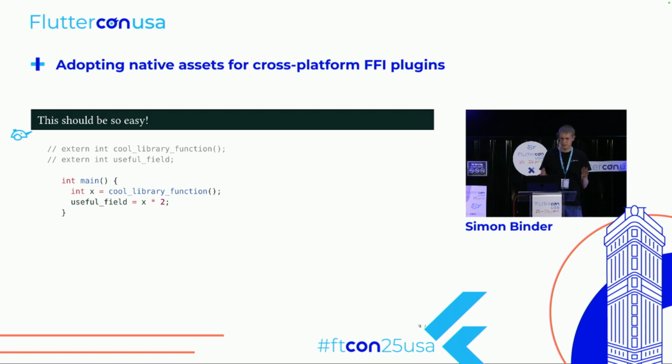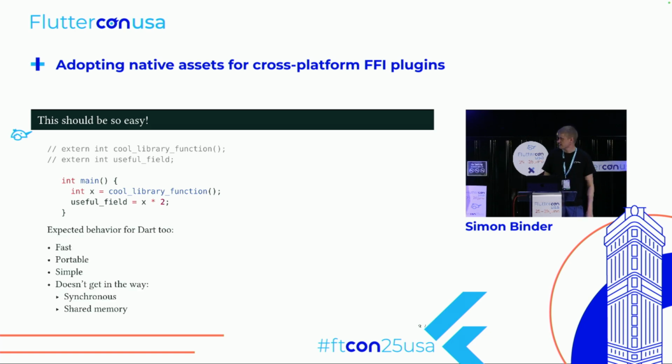So there's this whole chain of linkers and loaders and compilers that are all platform-specific. But in this case, my C code, which invokes this library function, is not depending on any platform-specific behavior. And so it's the same main method that we have for all platforms. And if you extract these properties and why we expect them from Dart as well, I think some of the aspects are